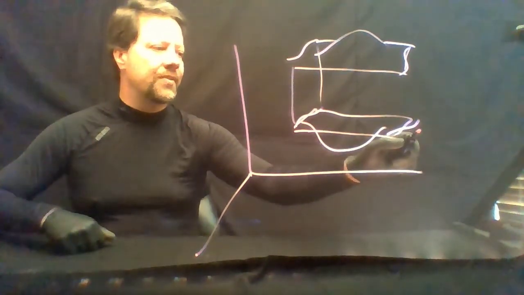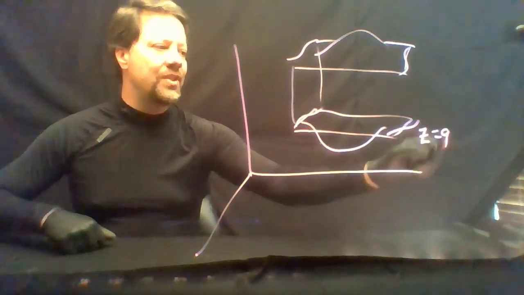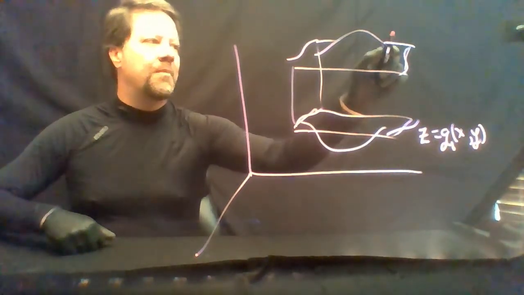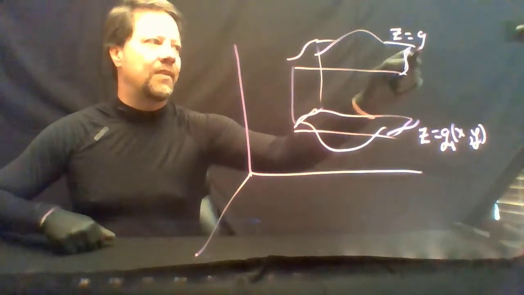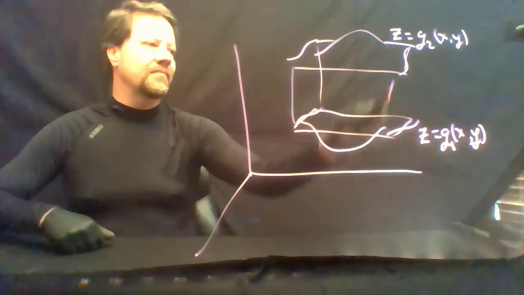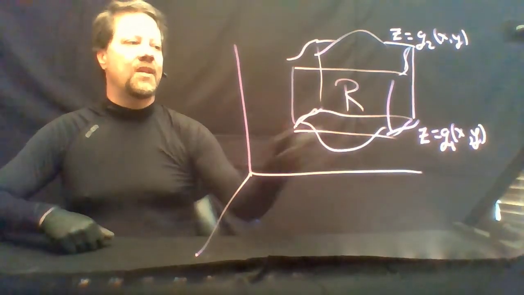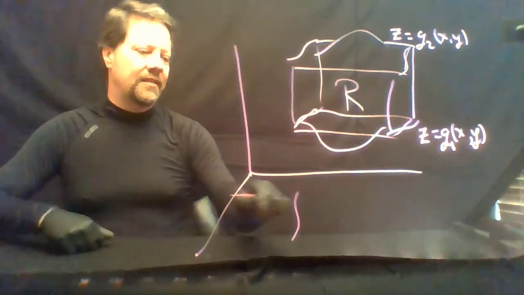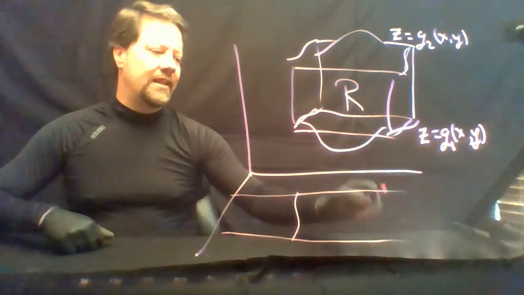The lower surface is described by z equals g1 of x, y, and the upper surface is described by z equals g2 of x, y. And this is going to be our region. This whole region is going to project down into the xy plane,